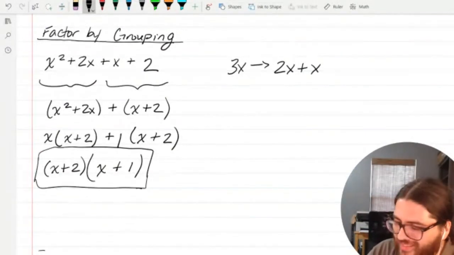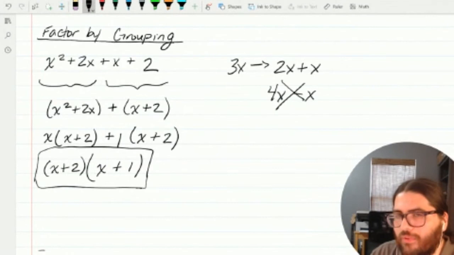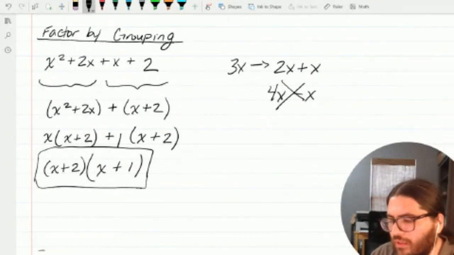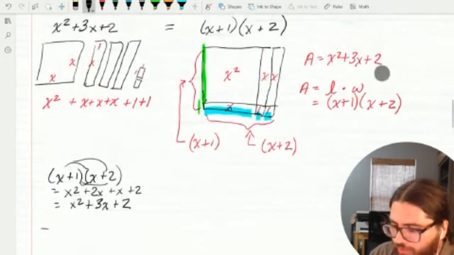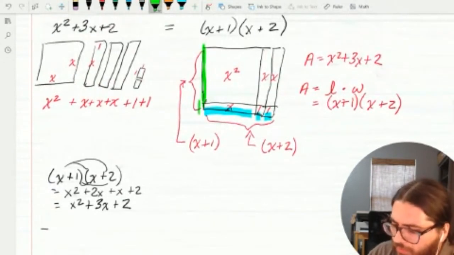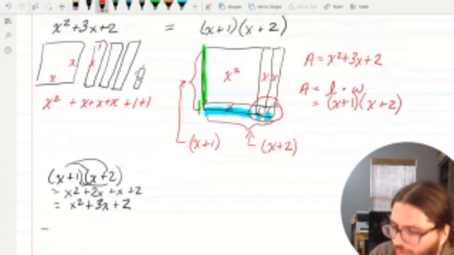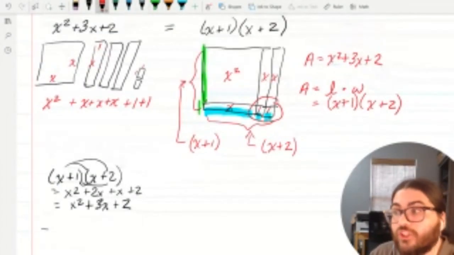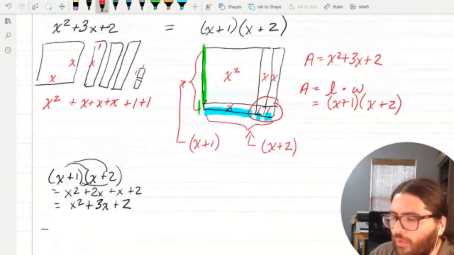Right? Why didn't I write it as 4x minus x? Didn't do that in this case. Maybe in a different problem I would, but not here. Why didn't I choose some other way to write 3x? It has everything to do with that rectangle picture we saw earlier. There's something about the way that these 2 little blocks finish that rectangle,